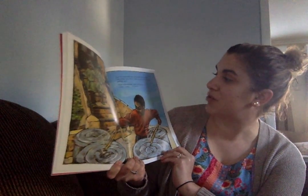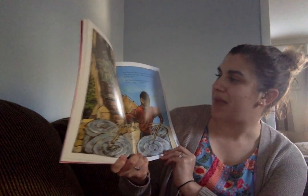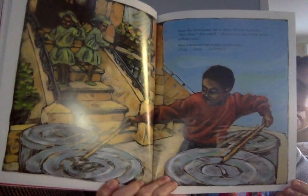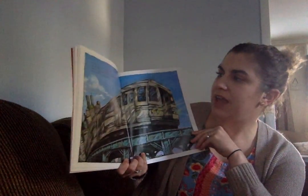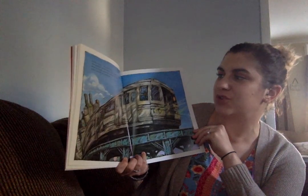Soon the twins came out to show off their new hats. "Hey, Max," they asked, "what are you doing with those garbage cans?" Max hammered out a reply on the cans. Cling, clang, da-bang. A cling, clang, da-bang. Max pounded out the sound of the wheels thundering down the tracks under the train on